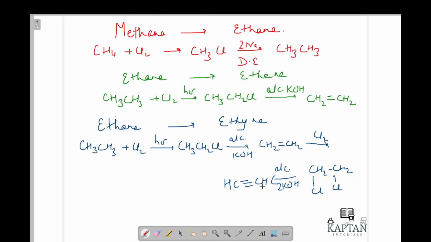I hope you have understood what I mean to say, what the reagents are and what their role is. Again I will repeat: the role of the reagent aqueous KOH is to substitute OH in place of a halogen. If you add another halogen to a double bond, then an addition reaction will take place and 2 Cl will be added by replacing the double bond. Then, once one bond has been replaced, you add alcoholic KOH again and you will get ethyne, that is HC≡CH.